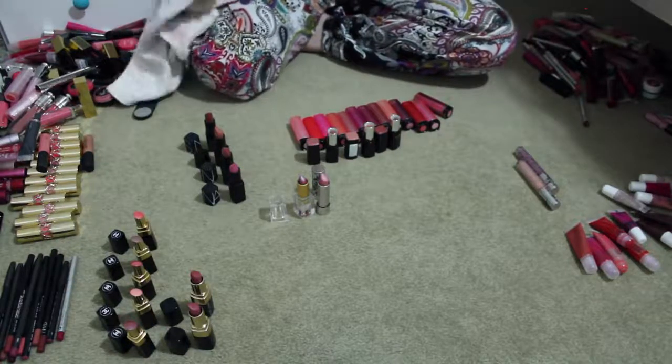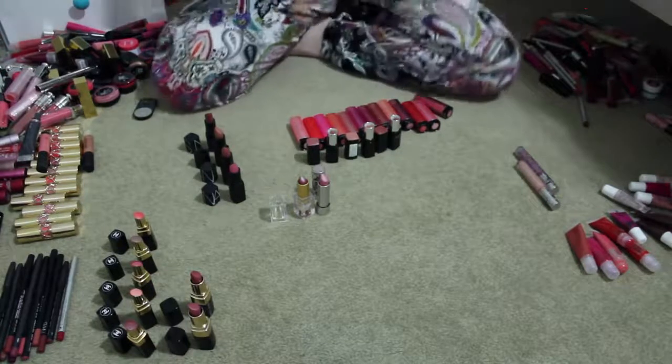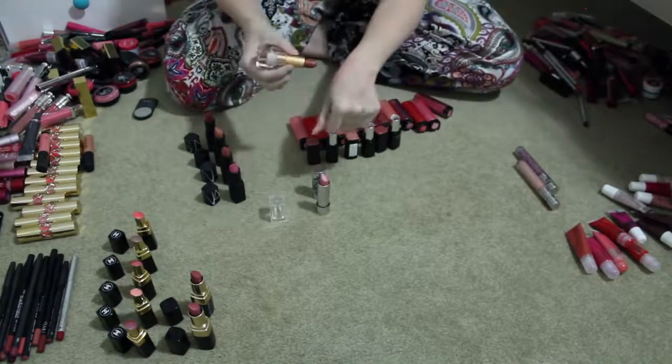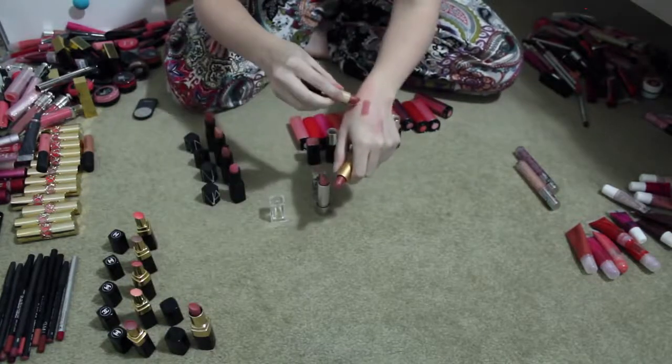Now I'm covered in little lines. Please pardon my PJ pants as well. Again, it's a comfort day. This is one of my work colours. I wear this quite often to work, but I have a funny feeling